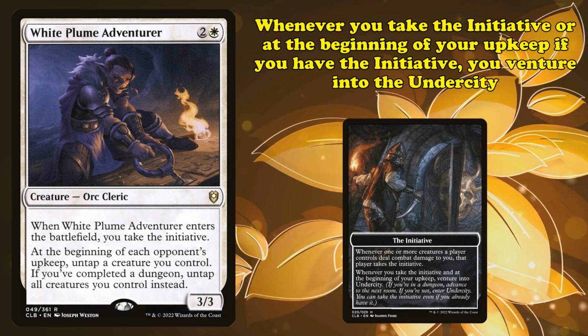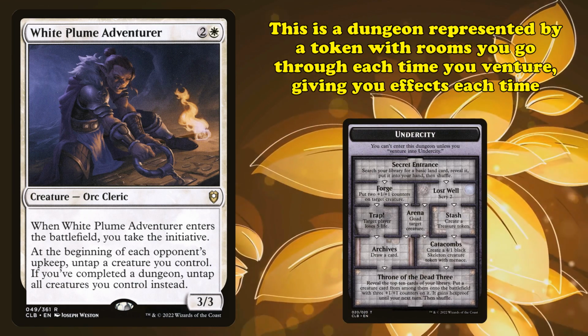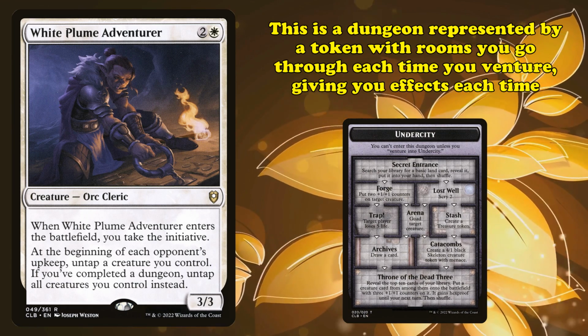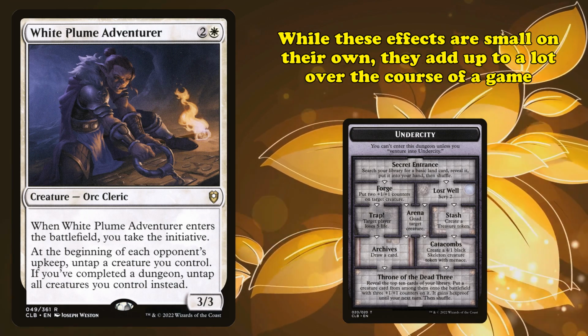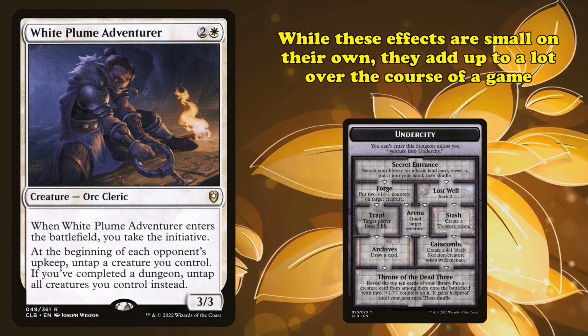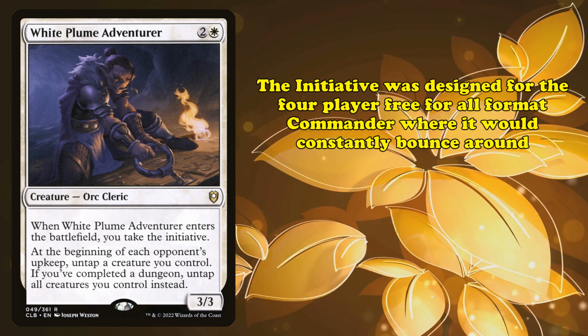Whenever you take the initiative, and at the beginning of your upkeep whenever you have the initiative, you venture into the Undercity. The Undercity is a dungeon represented by a token with multiple rooms one can go into and trigger the effects of whenever they venture. These effects are usually small on their own, but can add up over the course of the game. This mechanic was designed for the Commander format, where 4 competing players would attack each other and keep passing the